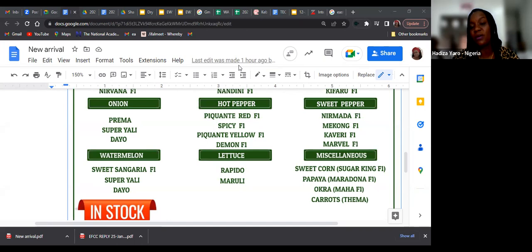Then looking at the okra, before now we had the Basanti F1, that is typical of the lady fingers. And then now we have Maha, and there's good traction for Maha. But I have good news for our listeners today because we are coming up with a typical West African okra that is really, really slimy, short in nature. And I think when you try this variety, you will come back for more. I don't have it here because it's not on our import list.